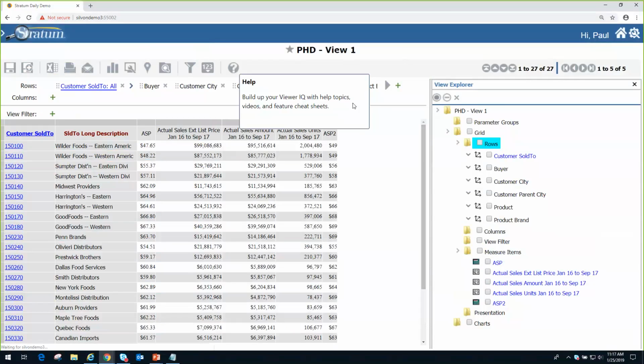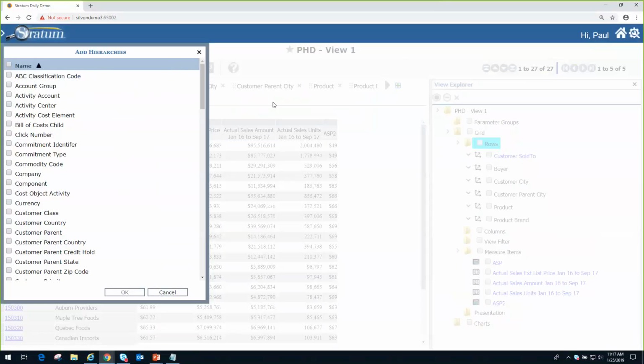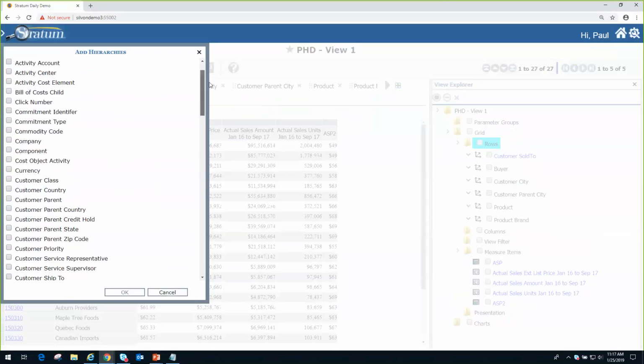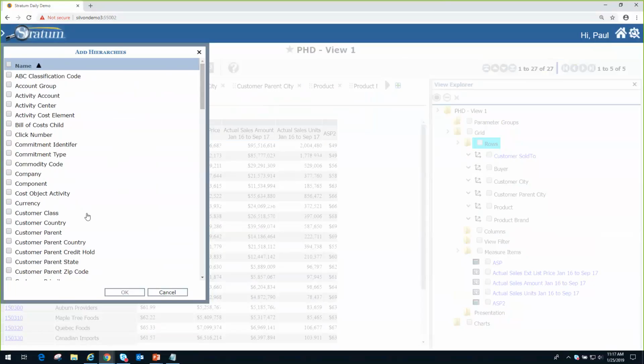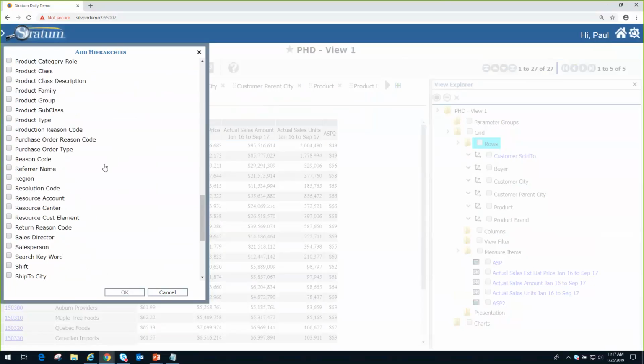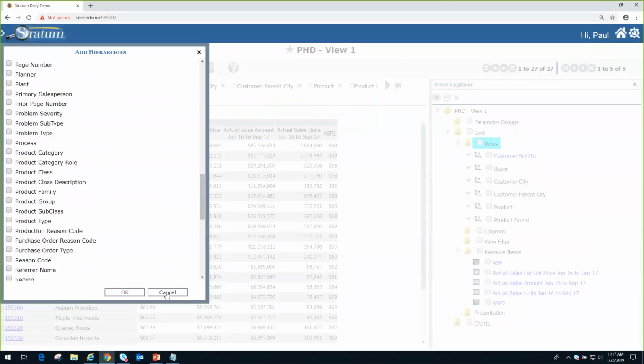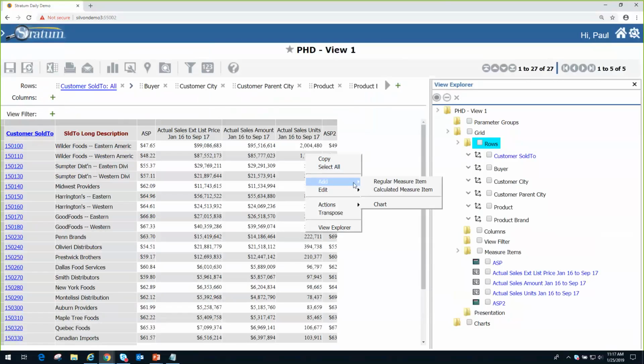Again, I can do it from the View Explorer. I can do it from here. Now, the one disadvantage, if there's a disadvantage, is between the two ways of doing it. From the navigation panel, I don't have any sort capability. So maybe I've got a bunch of dimensions, and I just want those dimensions or hierarchies that pertain to product, for example. I've got to just visually look through the list to get those, as opposed to, again, the